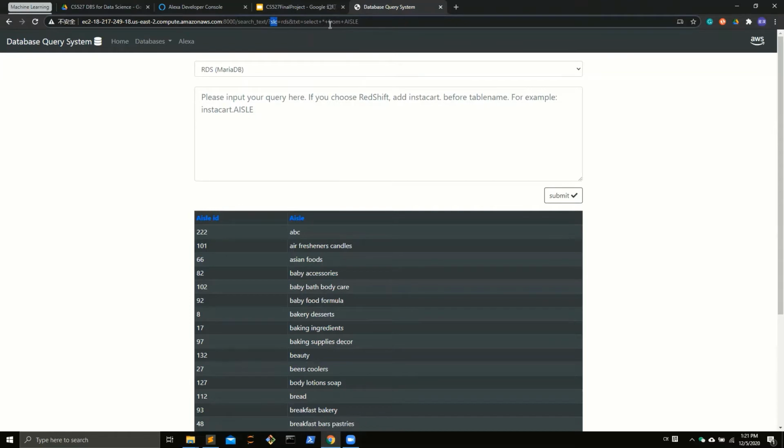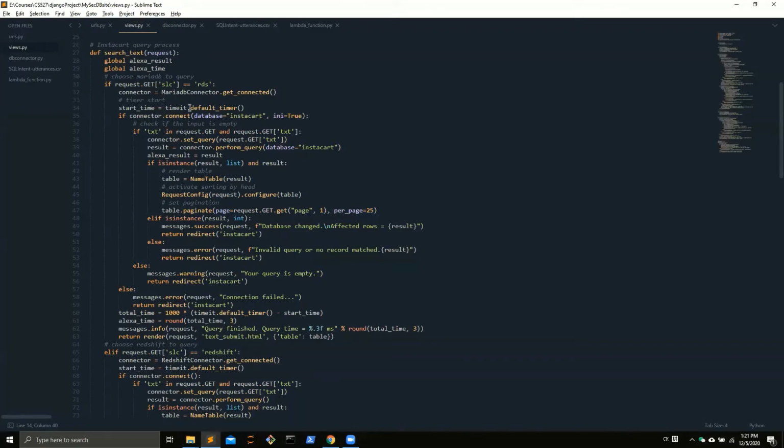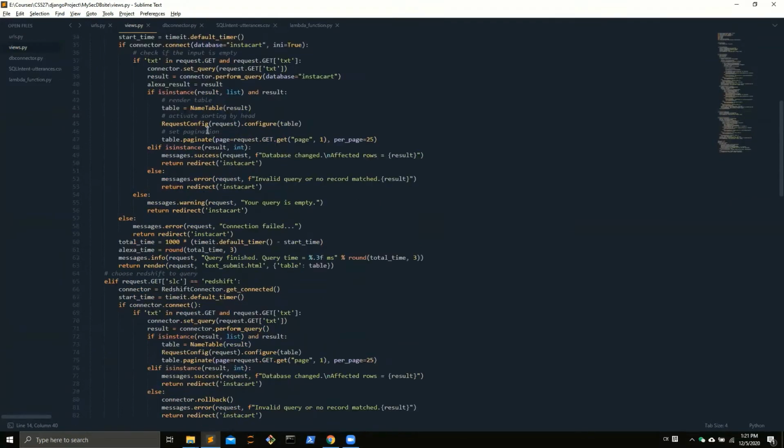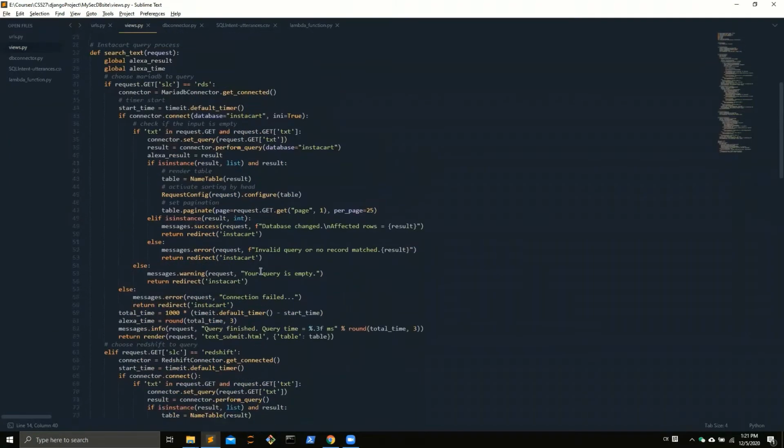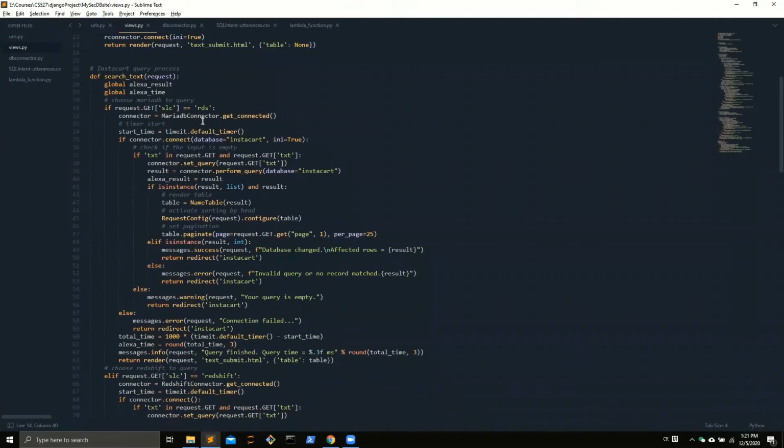Select is for storing the choice of RDS and Redshift. And the text is for storing the SQL query. And when we get the GET request, we will first check if it is RDS or Redshift request. For example, if our request is now RDS,